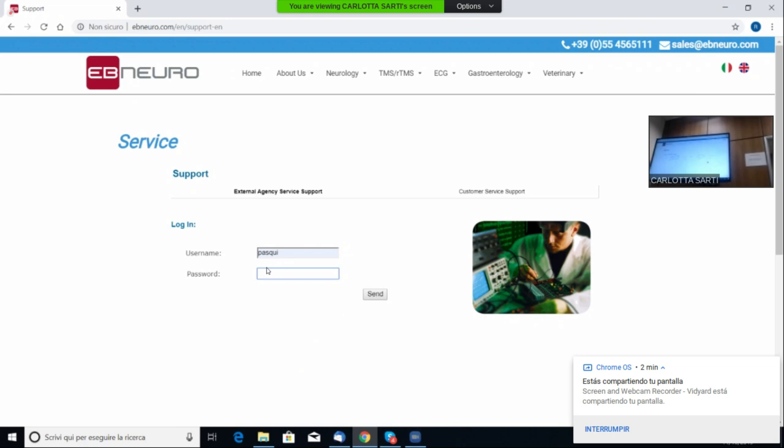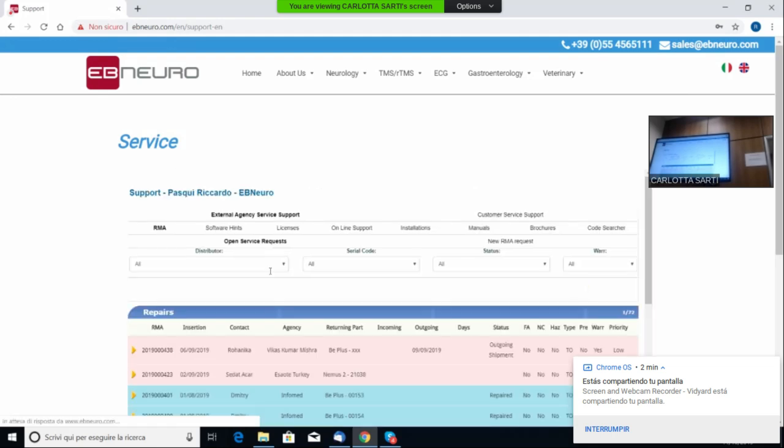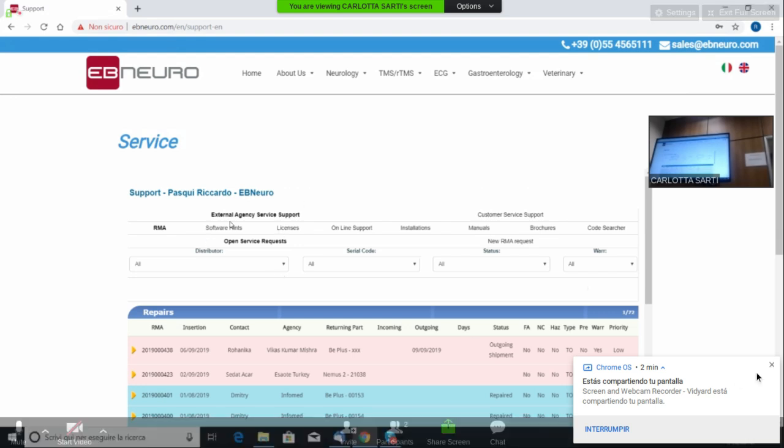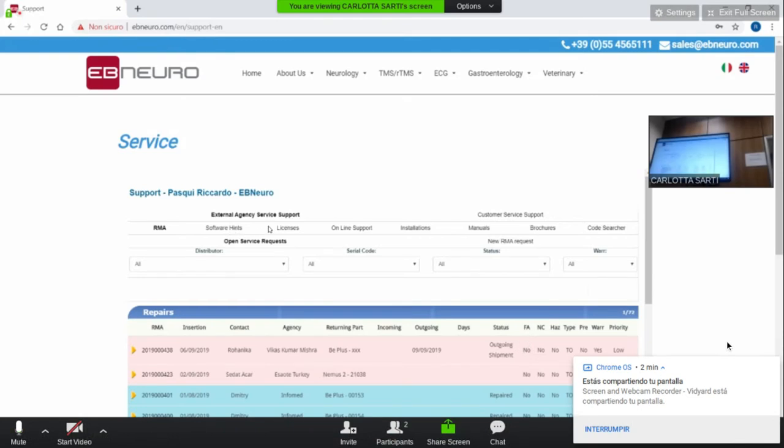You must use it. Because when I give you, for example, the release note for the service pack A, I don't send it to you by email. I only send you the release note. I tell you, I will release the new software. Here, you can go and download it. I don't send it. So here, under online support, you have software.